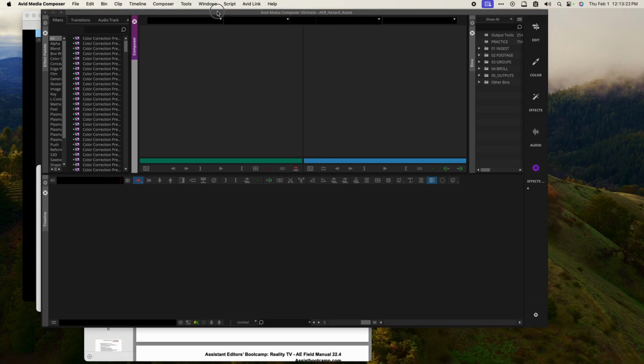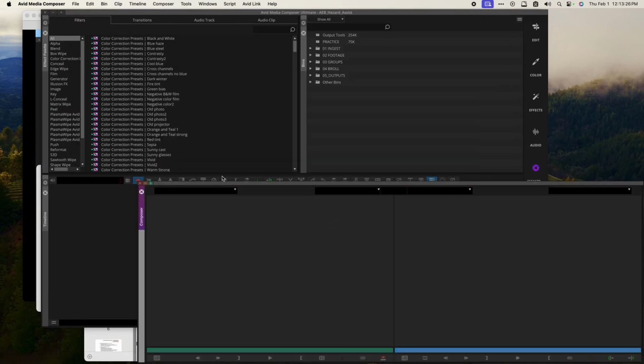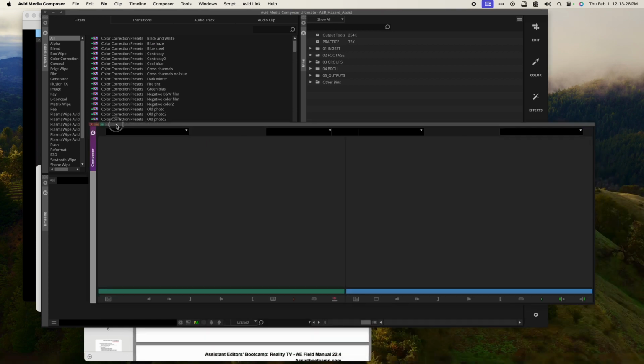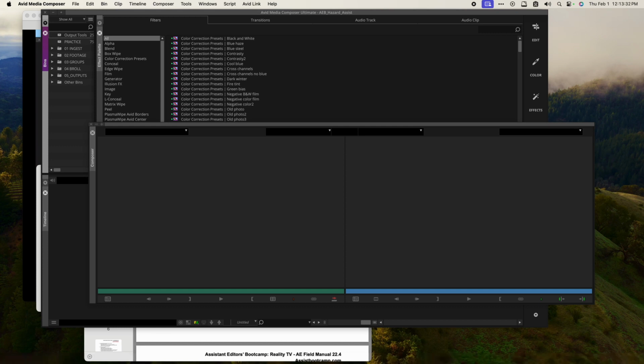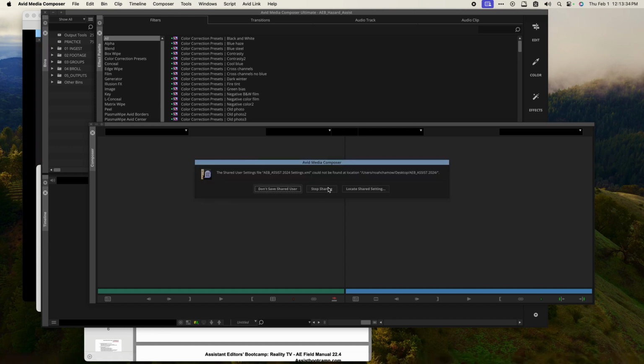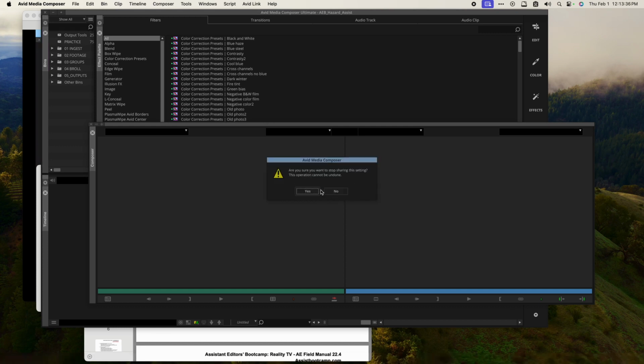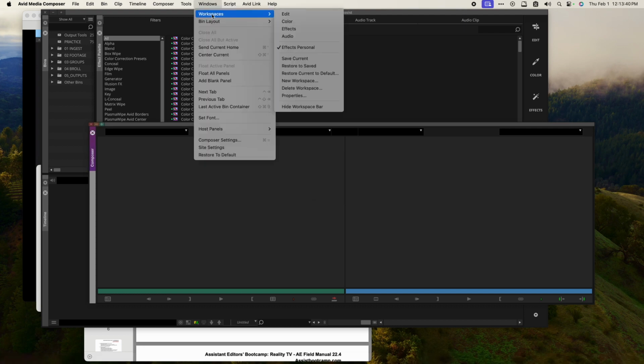Now, if I change anything within effects personal, let's say I drag this out because I want to look at something and then I move this over. And then I decide that I want to go back to how it was saved. Whatever, I don't care. Then I can just go up to Windows, Workspaces, and then I can do Restore to